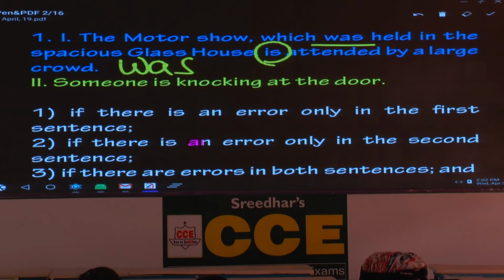First sentence, you got the error based on contextual awareness. Why do I say contextual awareness? Do you find any time phrase here? There's no time phrase. Then you have to, based on the context, based on the verb used in past tense, tell yourself it goes into the past. Then it is easy. Someone is knocking at the door.